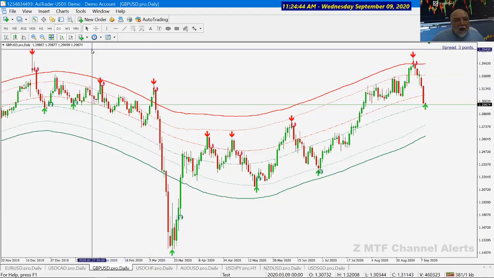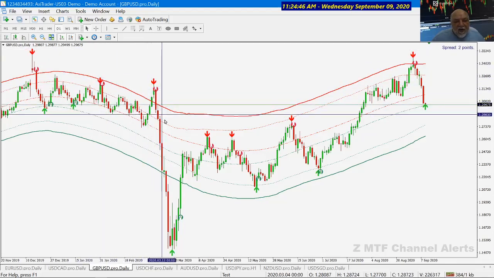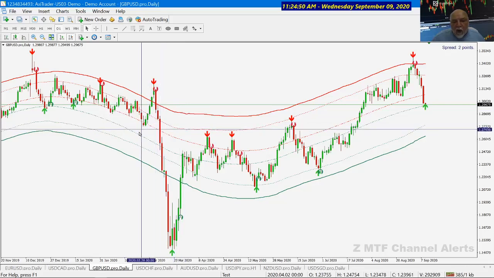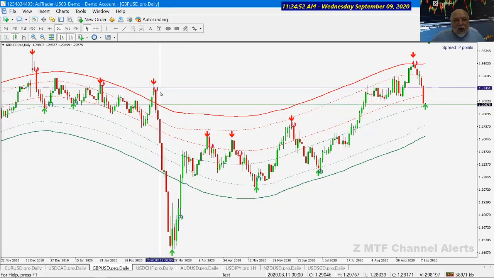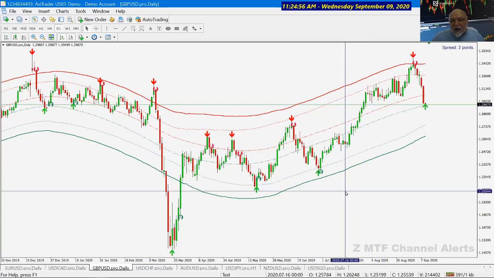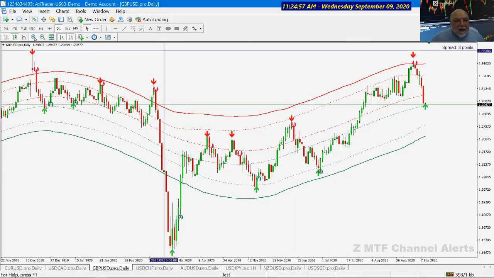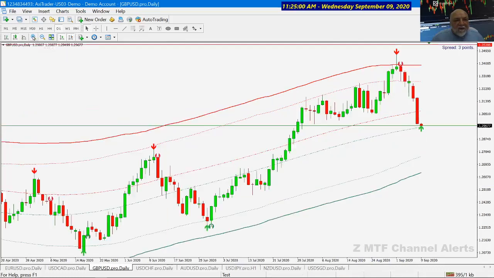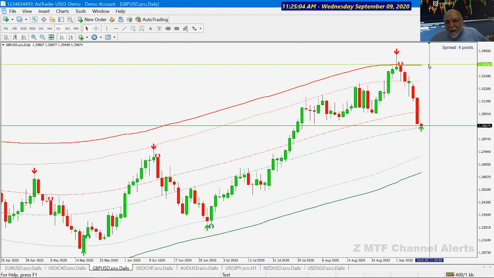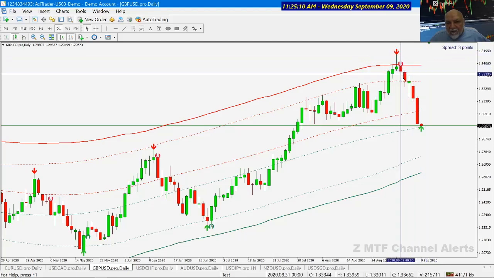Happened on the pound US very quickly. Of course, that was back in March when the COVID thing started. So that was here. All right, so now let's take a look at what's happening and why today I said we want to be starting to be watching the pound for a trade. We got this here,